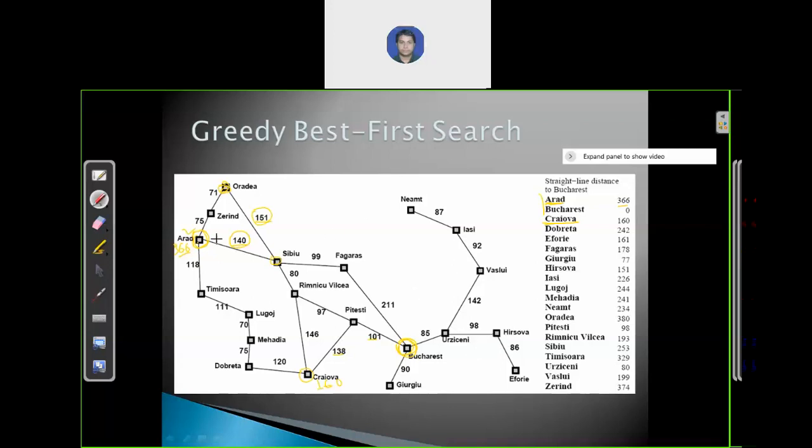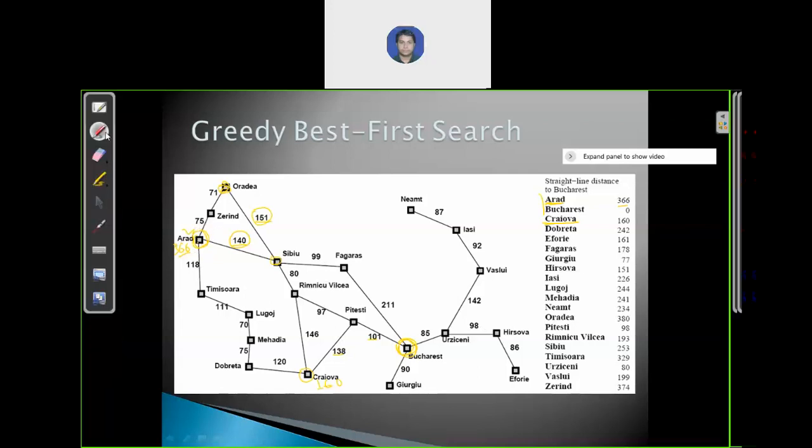Let's see how we can reach from the start state to the goal state. First, what is the path we follow? From your start state, we have three options. We follow this path, or this path. We will select that path which has the least heuristic value.